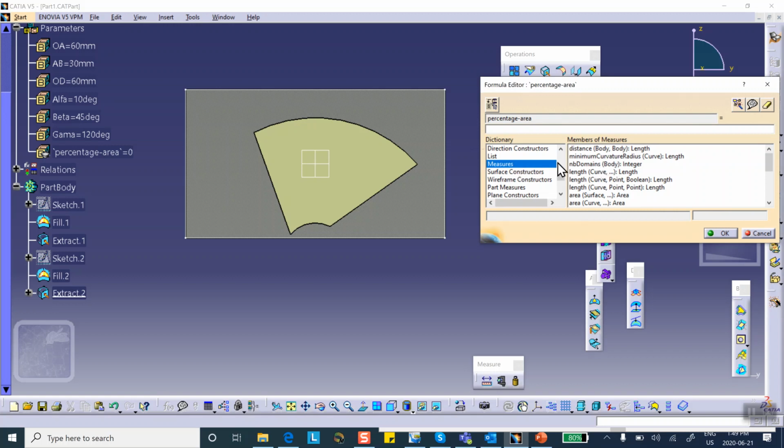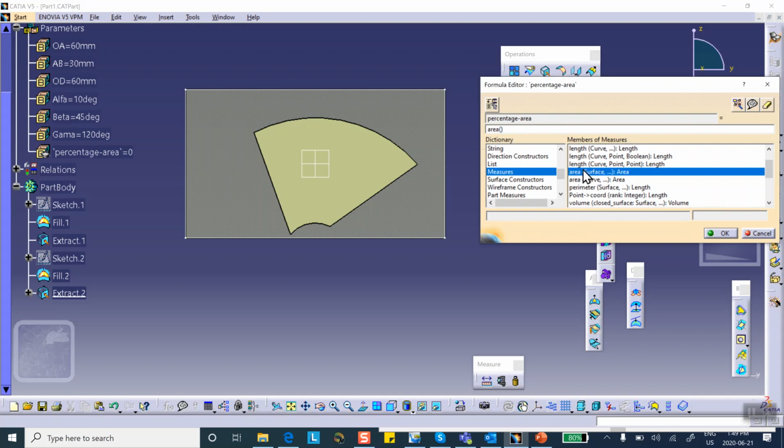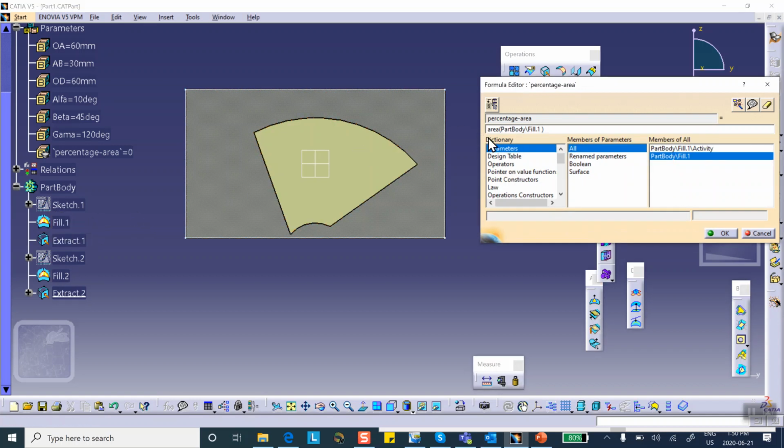Measure area. We want area. What is the area? Area of surface. So you double click on this, and then you go and select the area of the fill one. Okay, fill one was the wiped area. So double click on it, divide it by, once again you go measure